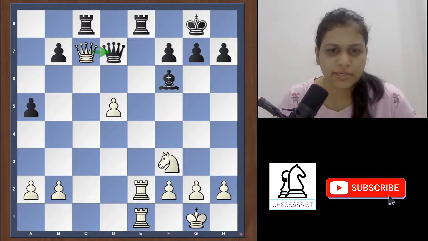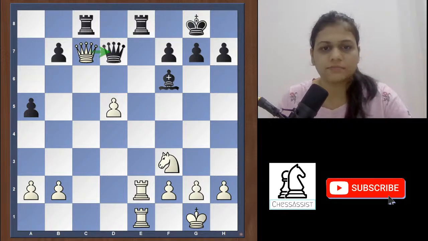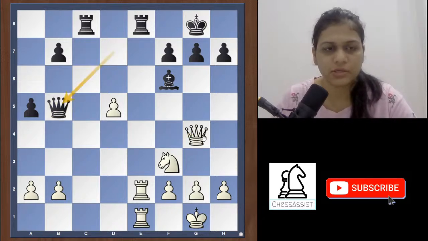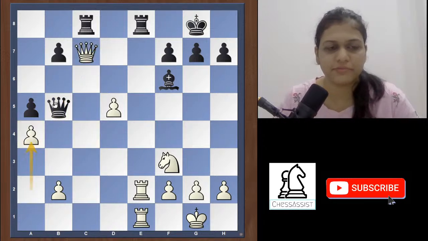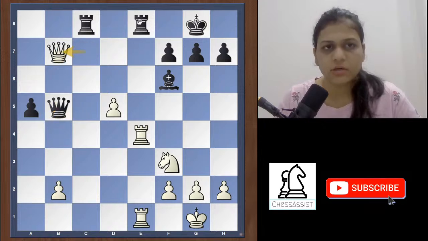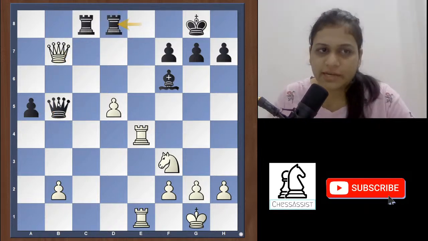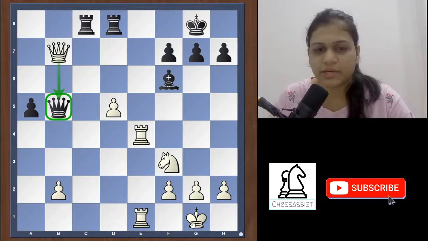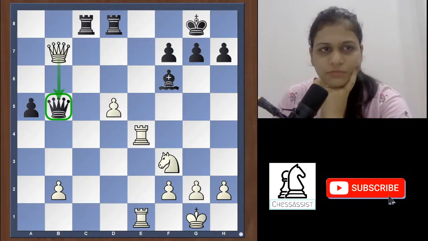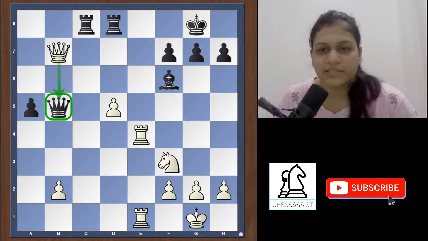Last position, okay. Last position is basically here, I think. Queen g4 takes here, queen b5 takes. Even here the queen is under attack, so he cannot play rook d8. Ankit and Snehashish, you're